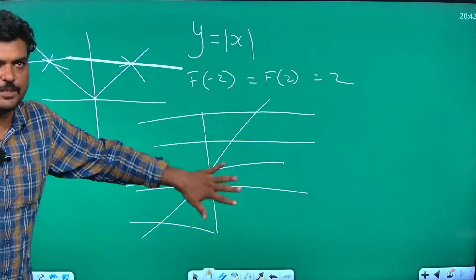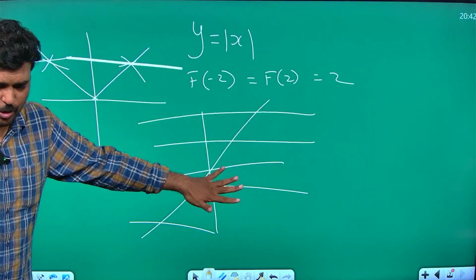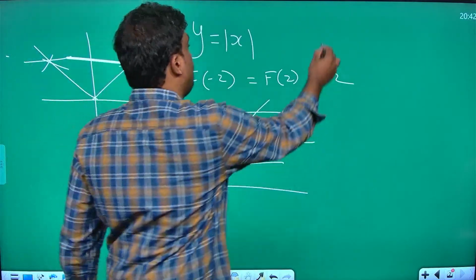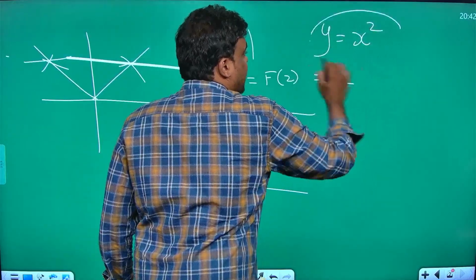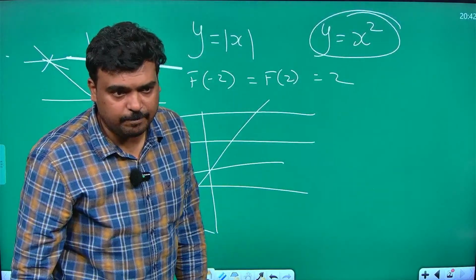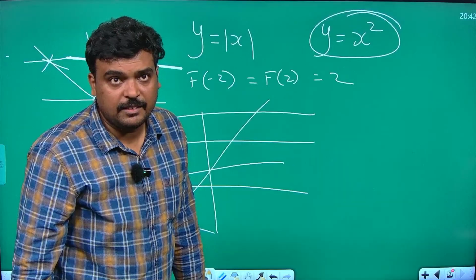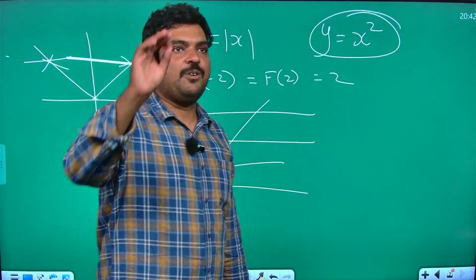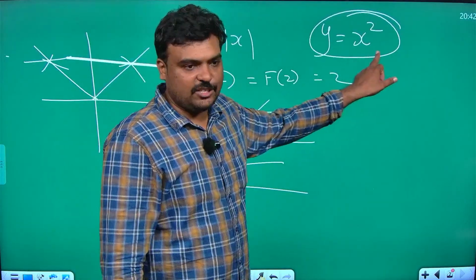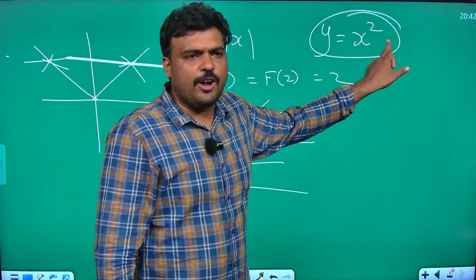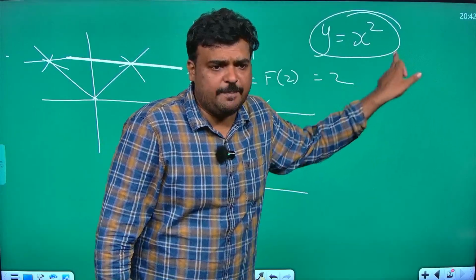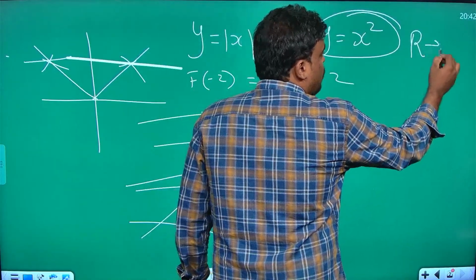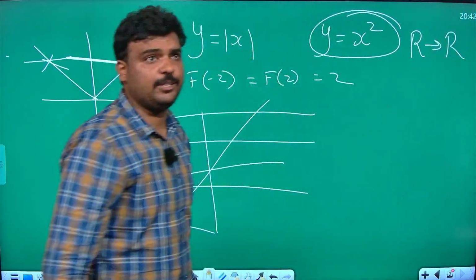Guys, are you getting the difference between many-to-one and one-to-one functions? Okay guys, the quadratic function, that is y equal to x square. Whether this is a one-to-one function? No, sir. நான் ஒரு விஷயம் சொல்றேன் கேளுடா. y equal to x square னு சொல்லிட்டேன். I am not mentioning any input and output. Whenever I am not mentioning my input and output, it will be taken as real number to real number.